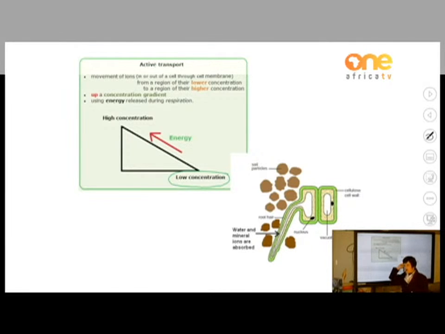Diffusion means from high to low. So active transport needs to move upwards, and that means it needs an energy amount. It needs energy to move upwards,